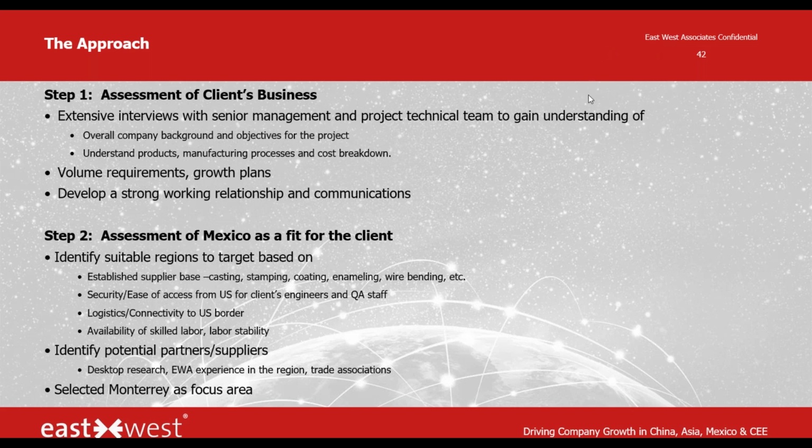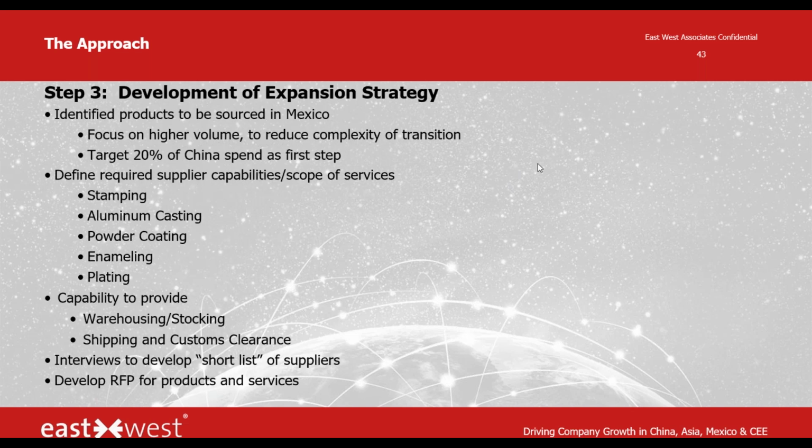And then as the market was primarily in the U.S., they were looking for a location relatively close to the border and with good logistics to the border. With those major criteria, we selected Monterrey as a focus area. It's a historical center for metalworking and foundry services and machining, metal stamping in the area. When we looked at how to expand,